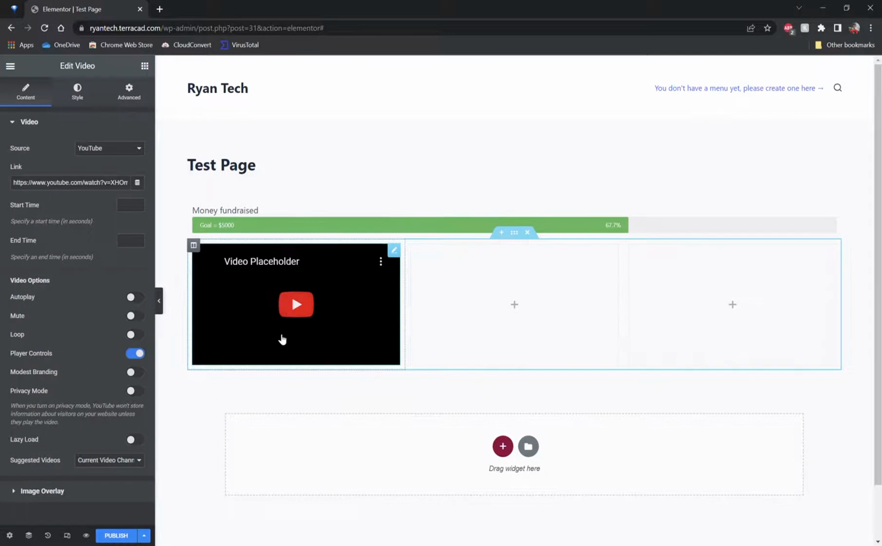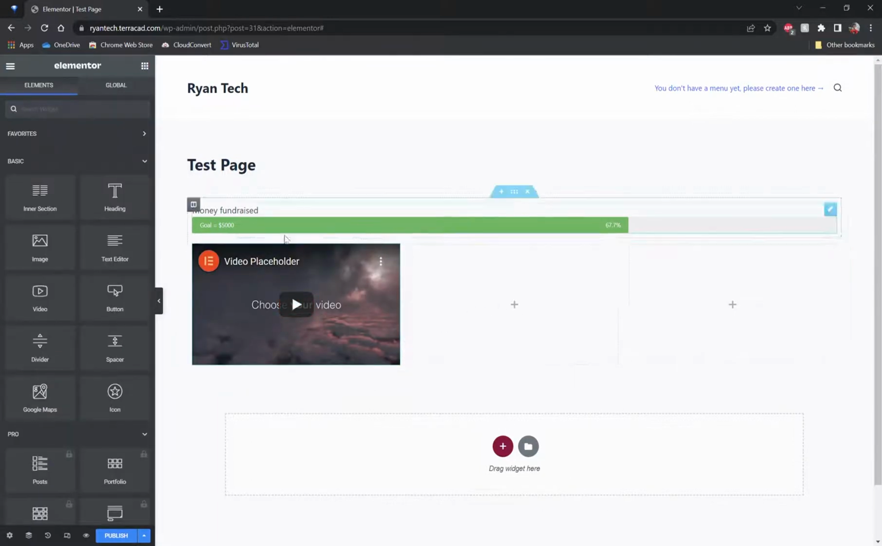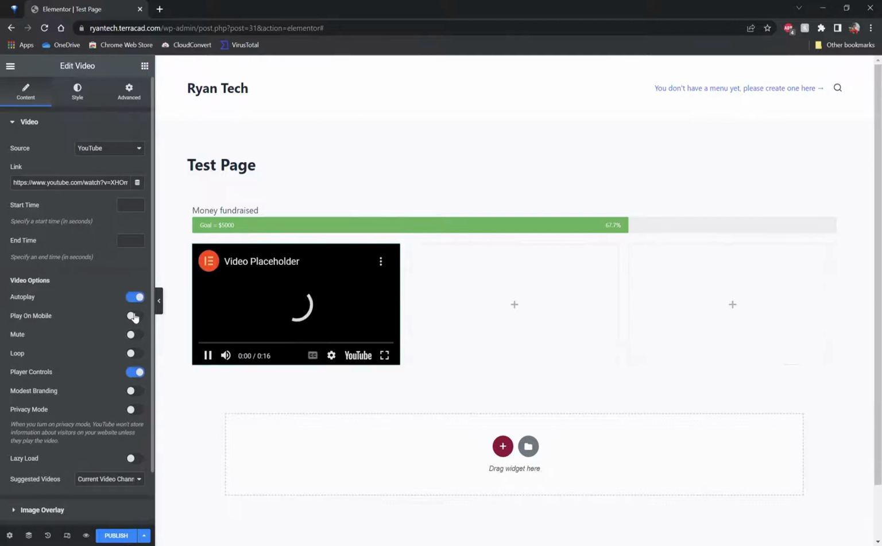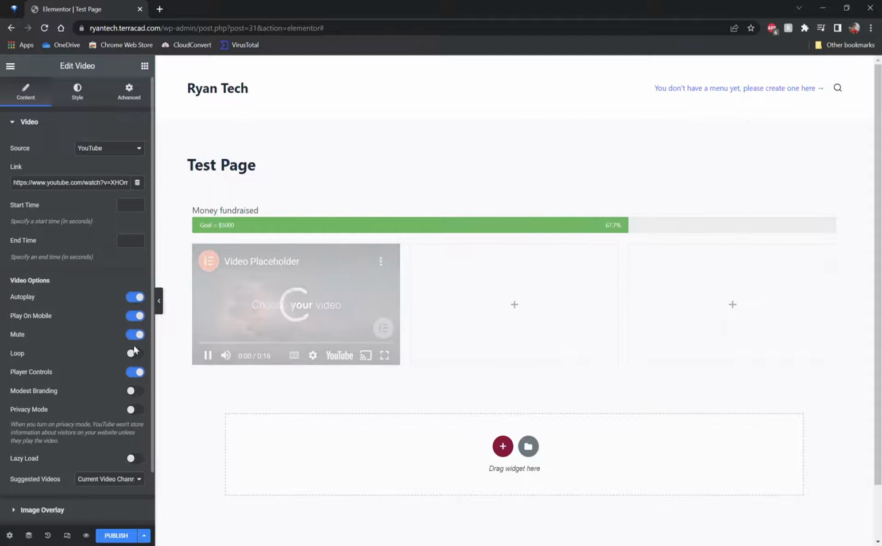This is the placeholder YouTube video for now, but you can add your own link, and to add your own link, you just select the link in here. You can also change which provider of video you use, and you can change the start and end time. You can make it autoplay, you could play on mobile, you can mute it as well, you can loop it,